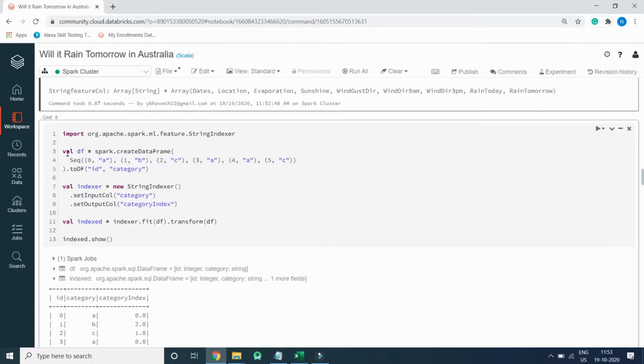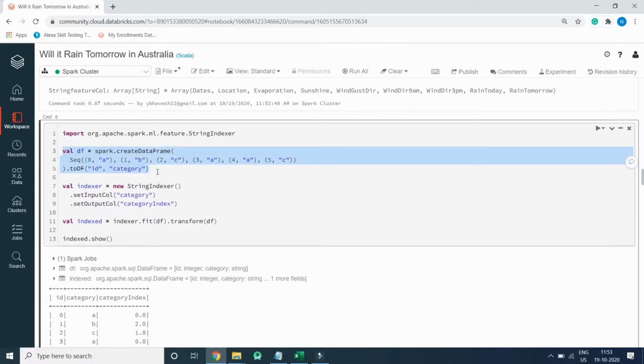Here we are creating a data frame, id and category. Id is 0 1 2 3 4 and we have category a b c and so on. So we will create indexer equal to new string indexer. This is the ML feature library available where it converts the string into equivalent number.